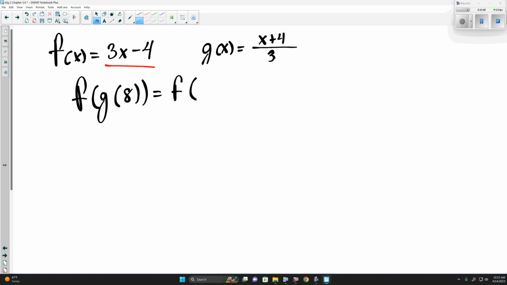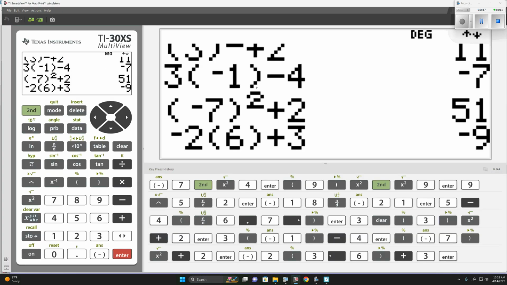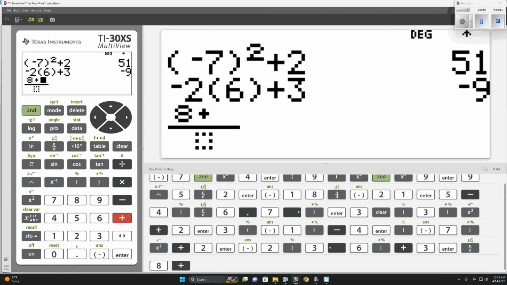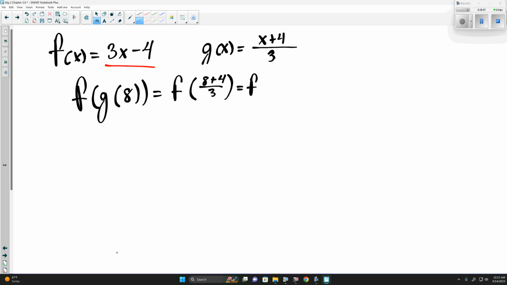So we can plug 8 into g of x, which would be 8 plus 4 divided by 3. We can do that in a calculator. 8 plus 4 divided by 3, which is 4. So f of 4,